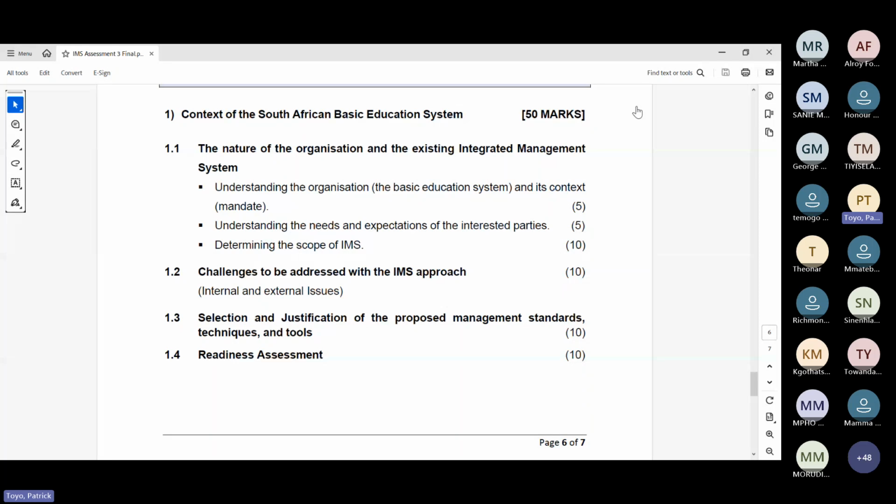All right. I will urge you to please ask questions. He's marking this one. So you need to be clear on the expectations. You can utilize all the tools. I already see the SWOT analysis here, or the PESTEL, where you're looking at the context of the organization, to give you the strengths, the weaknesses, the opportunities,